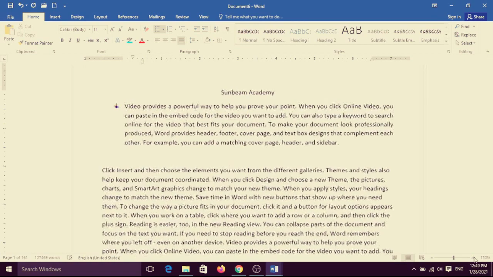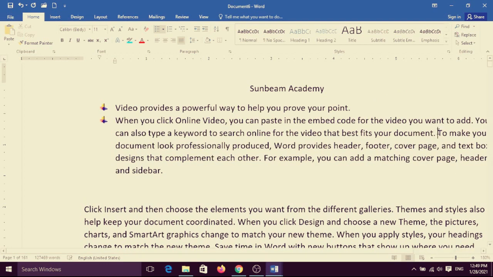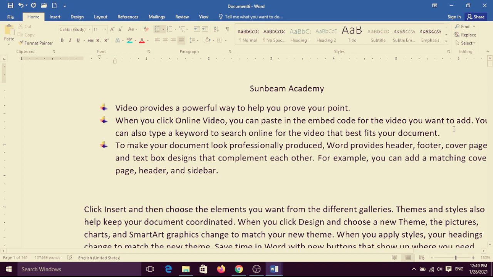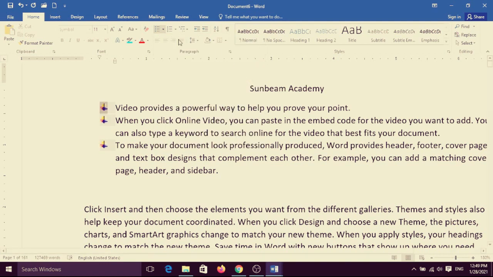Yes, and then press the enter button. See, my cursor is blinking here, and press the enter button. Yes, second bullet, and press the enter button, third bullet. Or you can change it, suppose you don't want this symbol, select this one and click once again on the paragraph group and choose the bullet, and you can choose a different symbol icon for the bullet. Yes, selected icon, bullets changed.